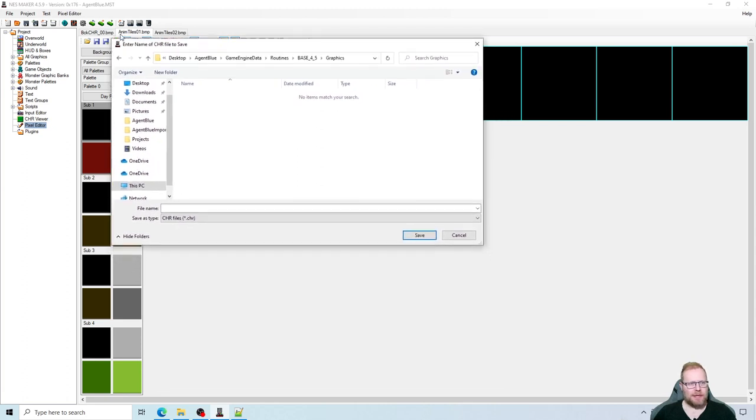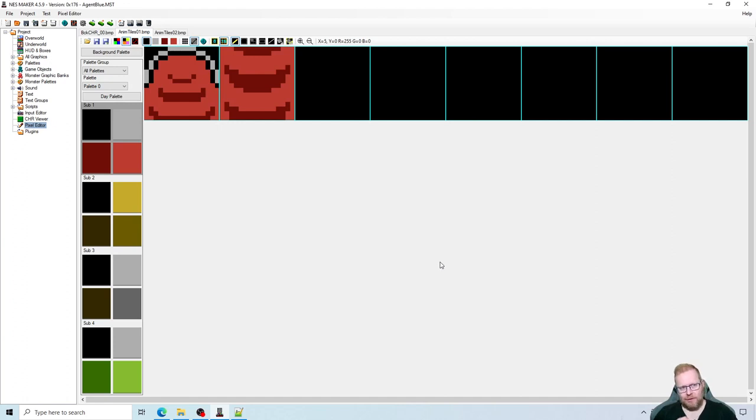And we need to name this file exactly the same as this one. So AnimTiles01. And as you can see down here, it's going to be saved as a CHR file. Okay, AnimTiles01. Save that in Base45 Graphics. Alright. So now we have converted this graphics file into a CHR file,